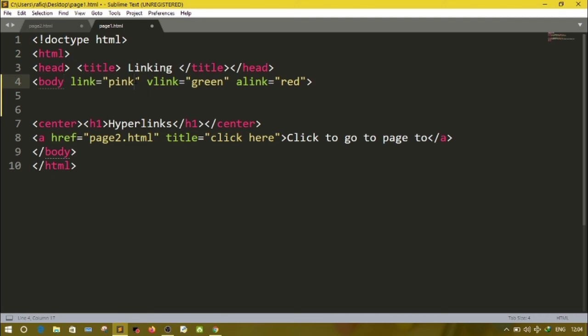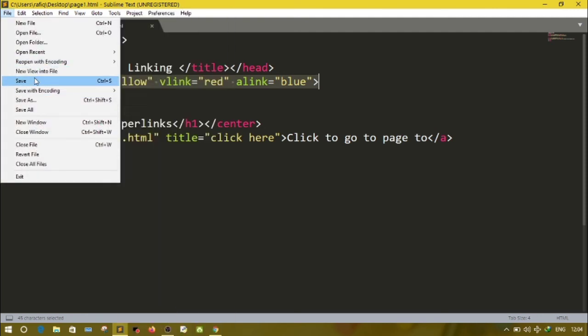Then what you will do, just inside body, you will write link equal yellow, vlink equal red, and alink equal blue. For that question, if you have to write for a theory exam, you will write only the body line. If you have to write for a practical, then you have to write the complete page.